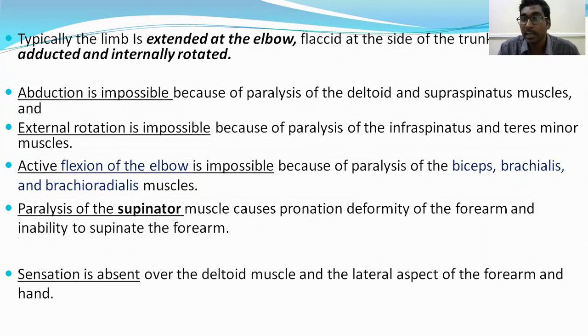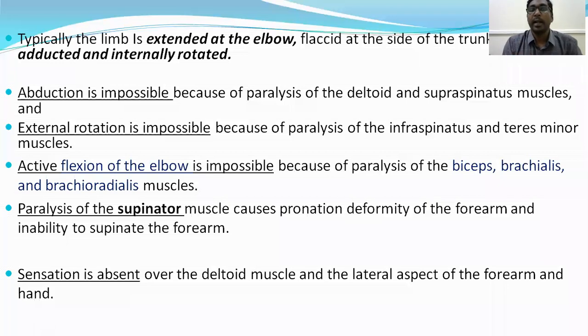These three nerves mainly contain C5 and C6 nerve components. So what happens in this case? Abduction is impossible because the axillary nerve supplies the deltoid, and the deltoid is the chief muscle of abduction. With axillary nerve involvement, the deltoid muscle is unable to function, so the arm is unable to abduct. The arm will be at the side